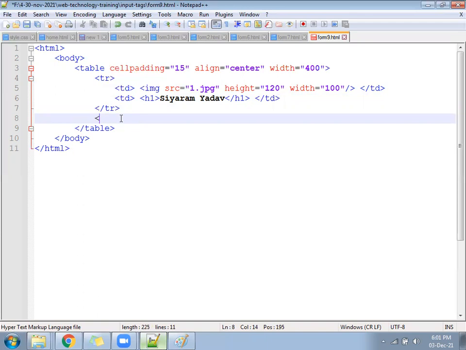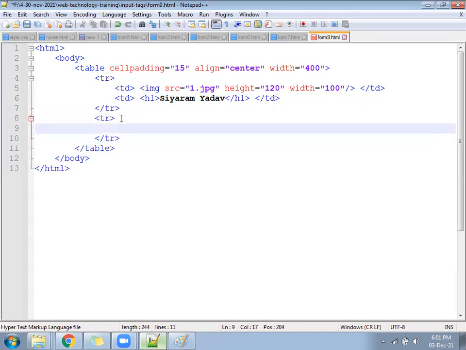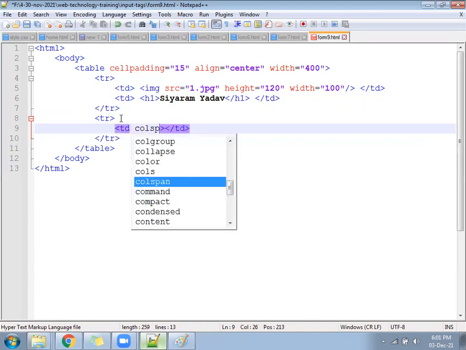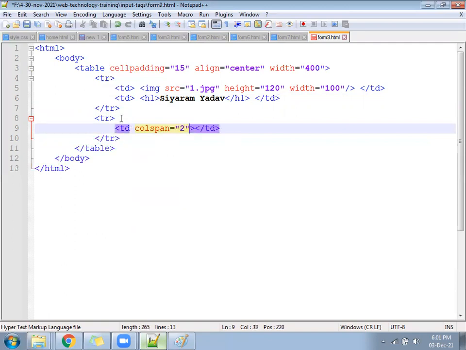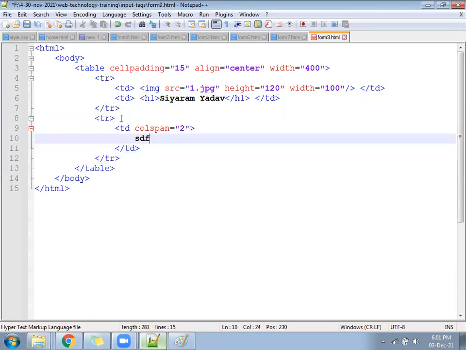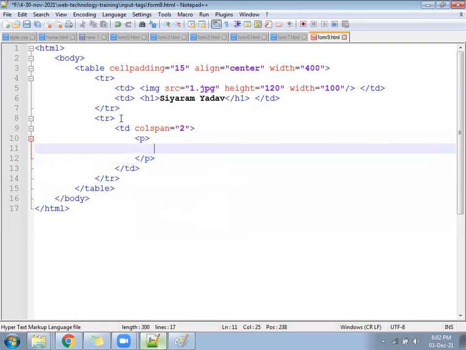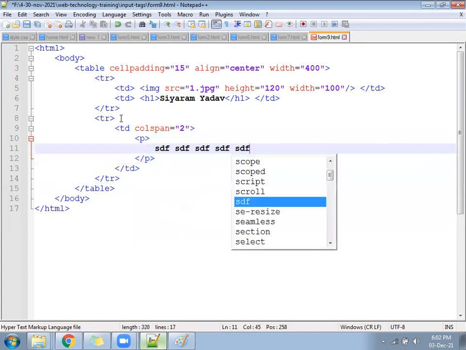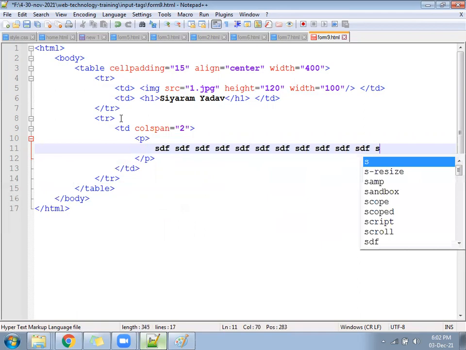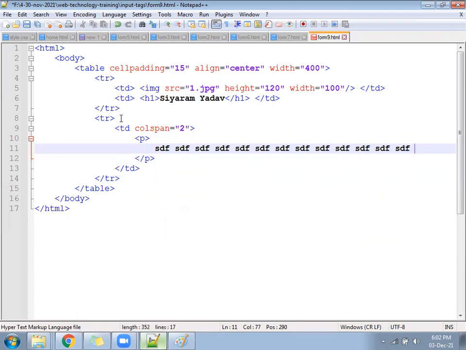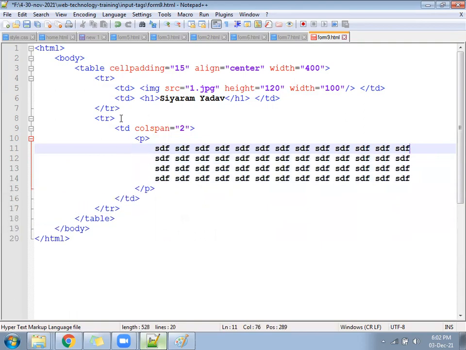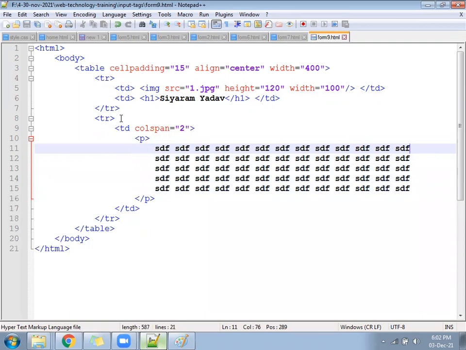The second TR should have one TD, with colspan equal to 2. In that, you are going to display some text, but text shouldn't be displayed without a paragraph. You will use the p tag and display it here, about 3-4 lines. Don't customize the contents, because if you customize the content, then you will not understand in a better way. See, I wrote one line and copy pasted it 3-4 times. It will look perfect, filled content.